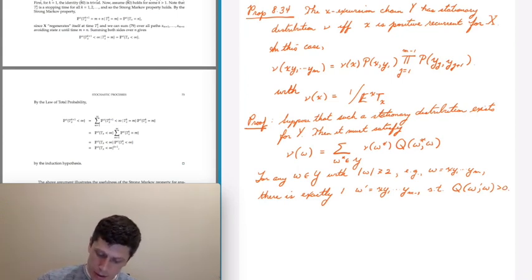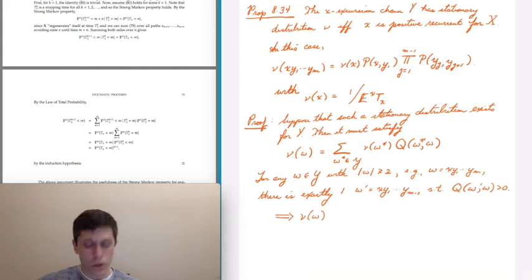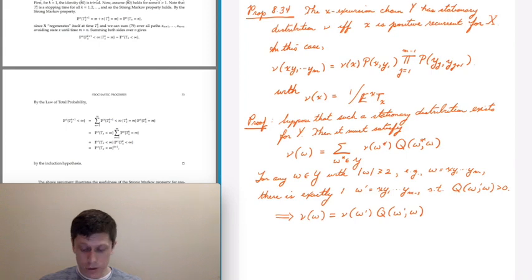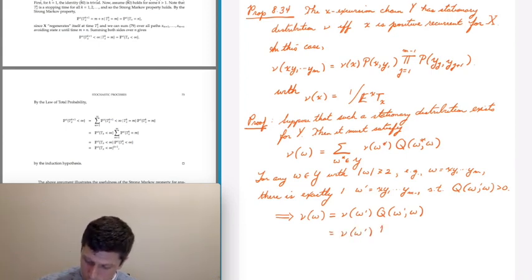So what we get in this case is that the stationary probability of a word W is equal to the stationary probability of the word with one letter removed times the transition. But of course, that transition probability is just, in this case, we already know, the probability of transitioning